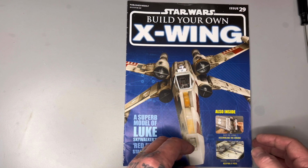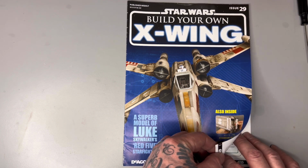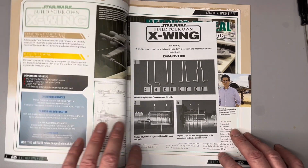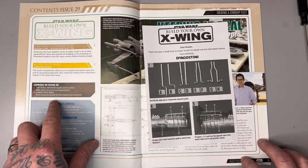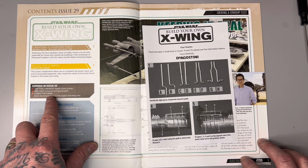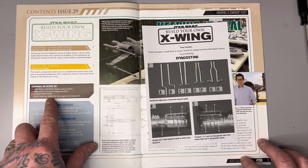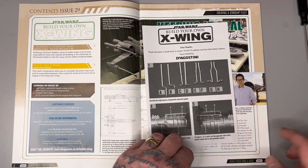Guys, so we'll start off with the usual routine, looking through this mag. This is Star Wars Build Your Own X-Wing issue 29. You've got the usual cool content of Star Wars, and here it says coming next week: The Force Awakens battle action scenes, Han Solo, Scrum Rat and Imperial pilot, lower port wing, plus external details for the engine and wing root. But as you can see here, guys,